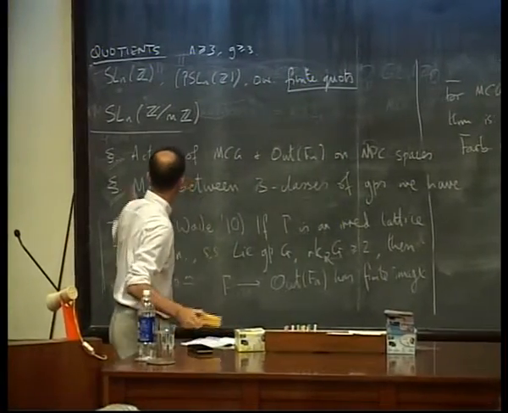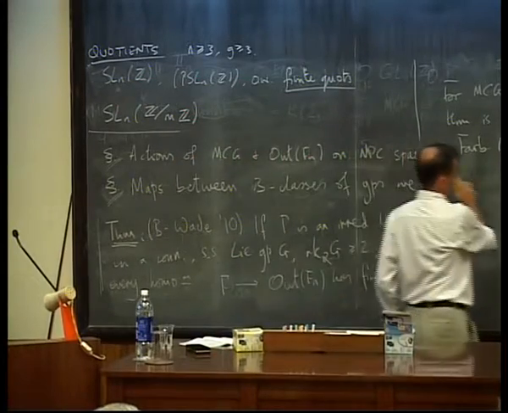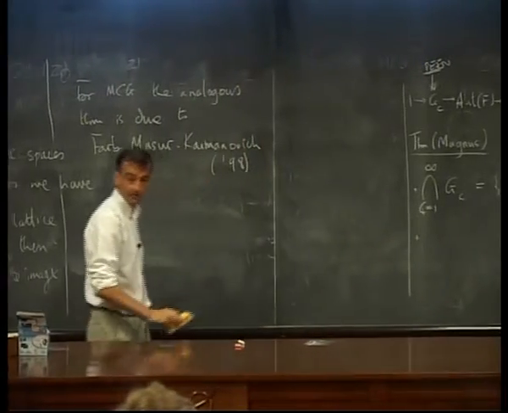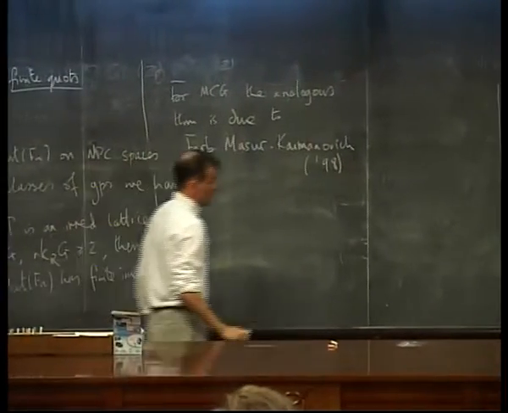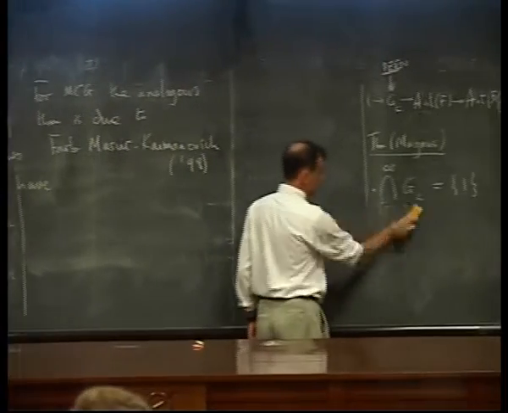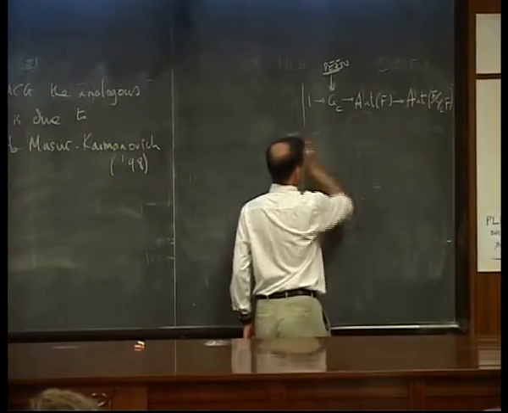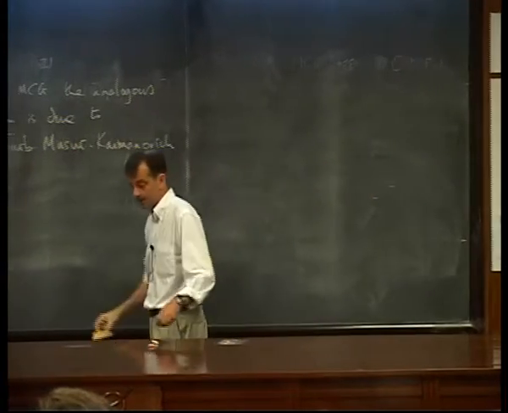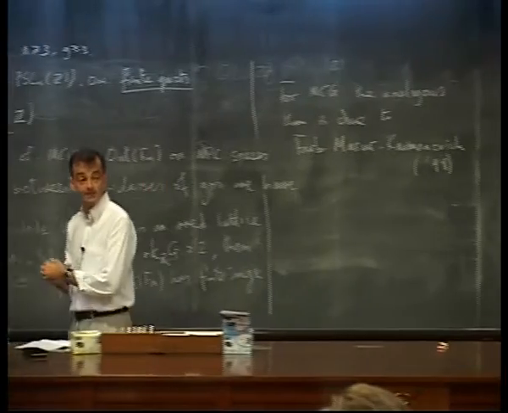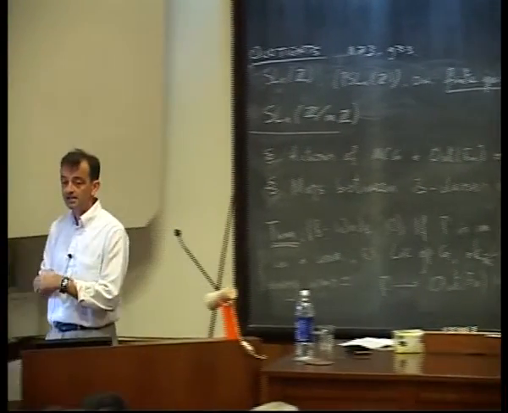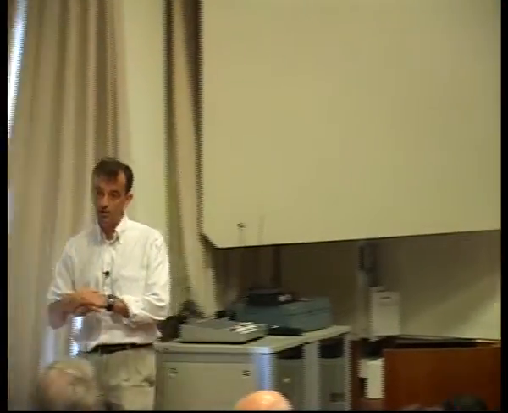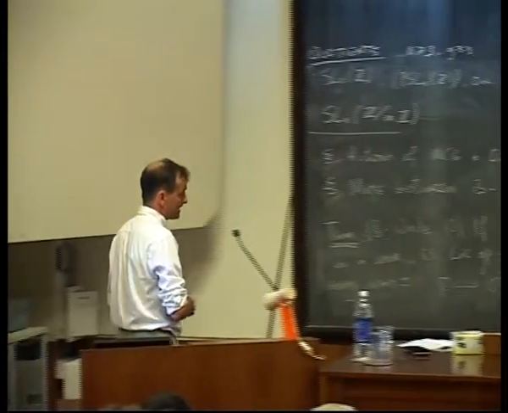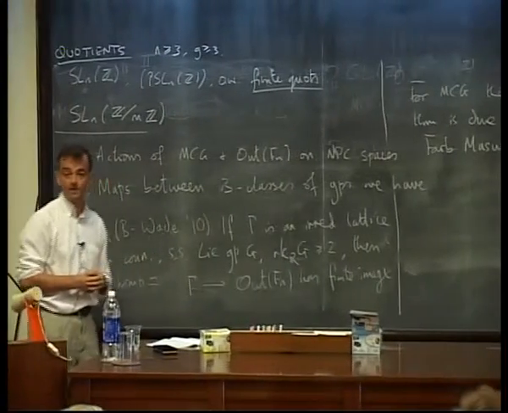But first, let me just talk about actions of mapping class groups and Out(Fn). How can they act on spaces of non-positive or negative curvature? Now, the mapping class group does have one interesting faithful action on a space of non-positive curvature, namely Teichmuller space with its Weil-Petersson metric. That metric's not complete, but you can just complete it. It's still a CAT(0) space. The mapping class group is still acting faithfully.